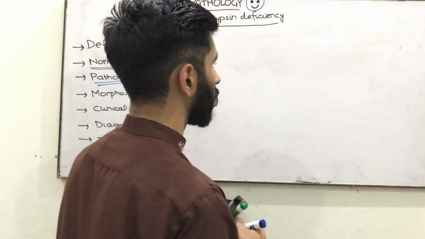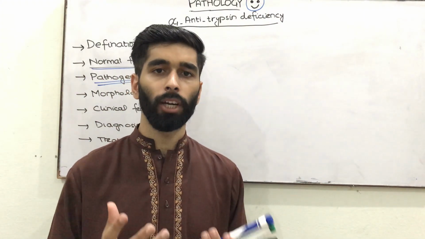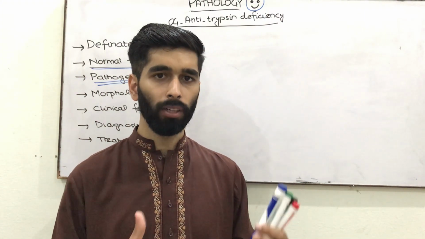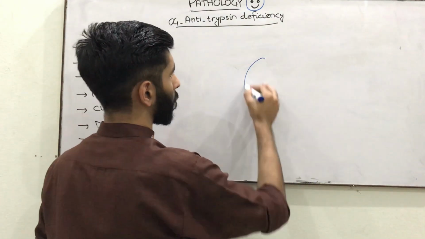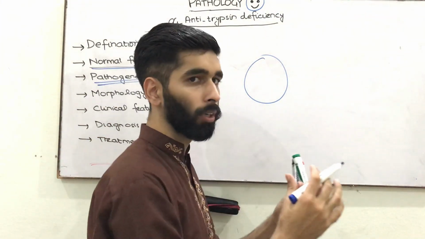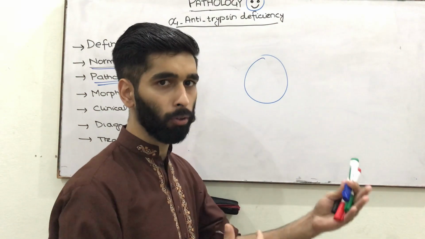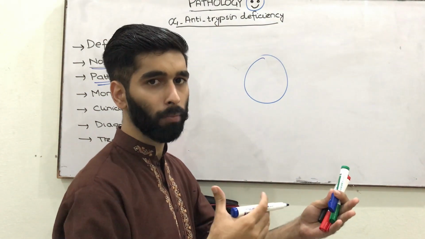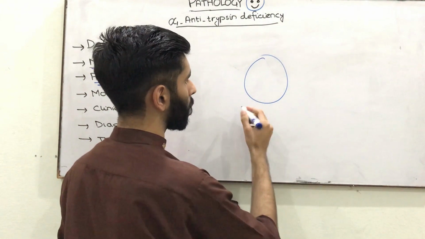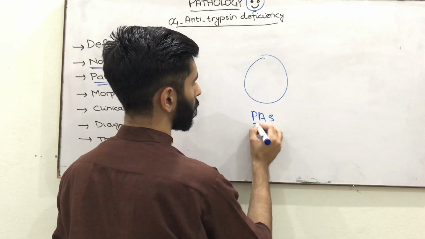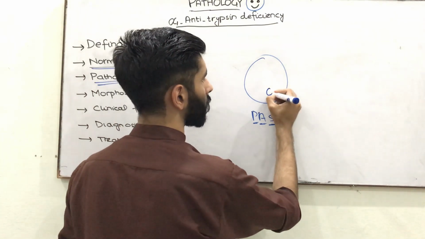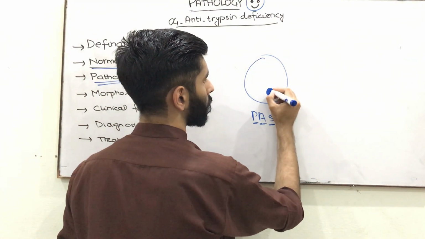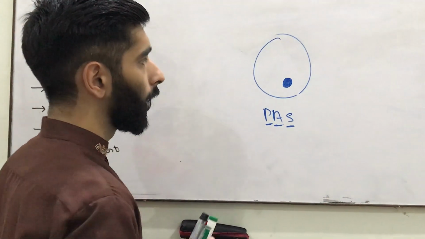So in the liver, we will find globular cytoplasmic inclusions that are formed due to aggregation of misfolded proteins. In the hepatocytes, we will find the globular cytoplasmic inclusions. We perform a liver biopsy, observe it under the microscope, and then stain it with the PAS dye, periodic acid Schiff, that will stain these cytoplasmic inclusions blue. Okay.